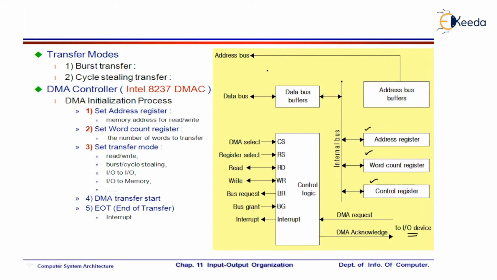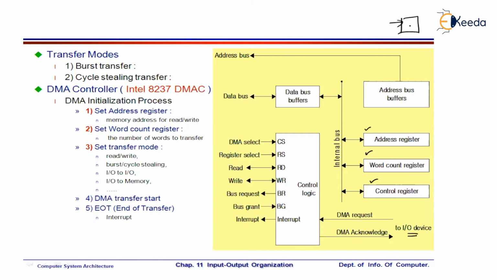Okay, now let us understand. Peripheral device sends a DMA request, means that the peripheral device wants to make a transfer to the main memory. The moment it receives a DMA request, the DMA controller is going to send something called bus request. Let us say there is a CPU here. So it is going to send a bus request to the CPU. Here the duty is, the moment CPU receives the bus request, the CPU should release the buses, right?